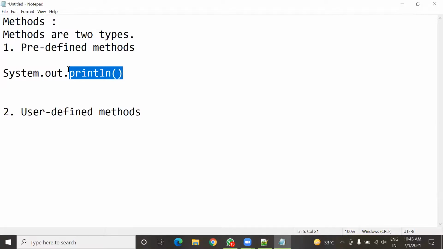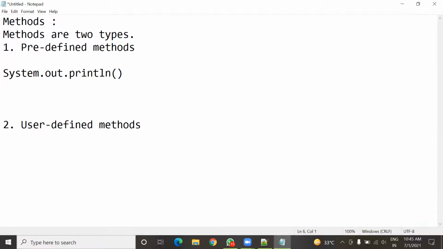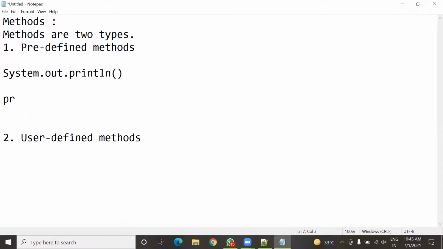Like println, we have another method also, the print method. It is also used for displaying the output. The difference is println always displays the output in a new line, while the print method displays the output in the same line. I think you studied these two methods in class 8.